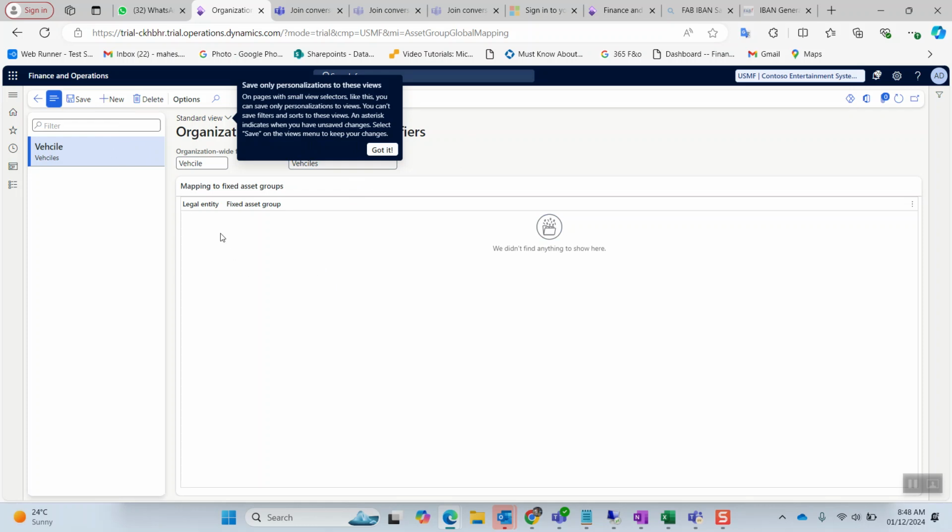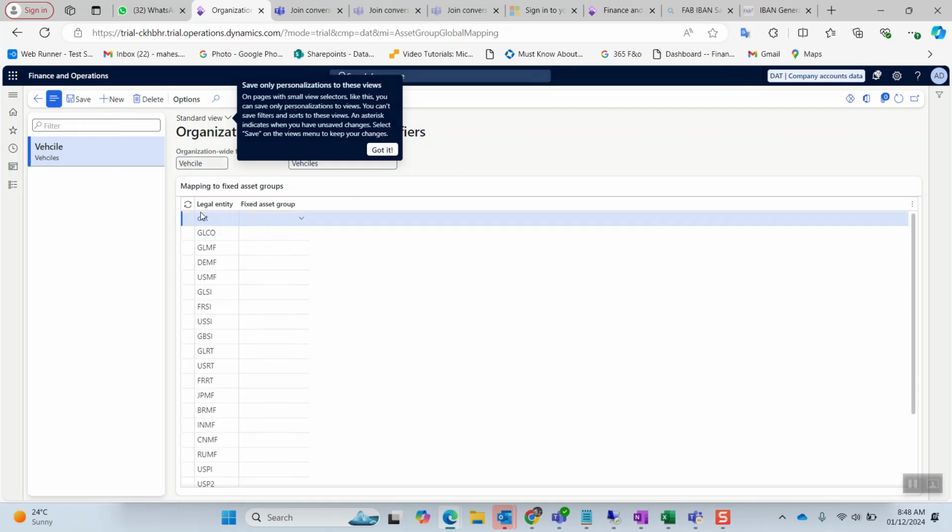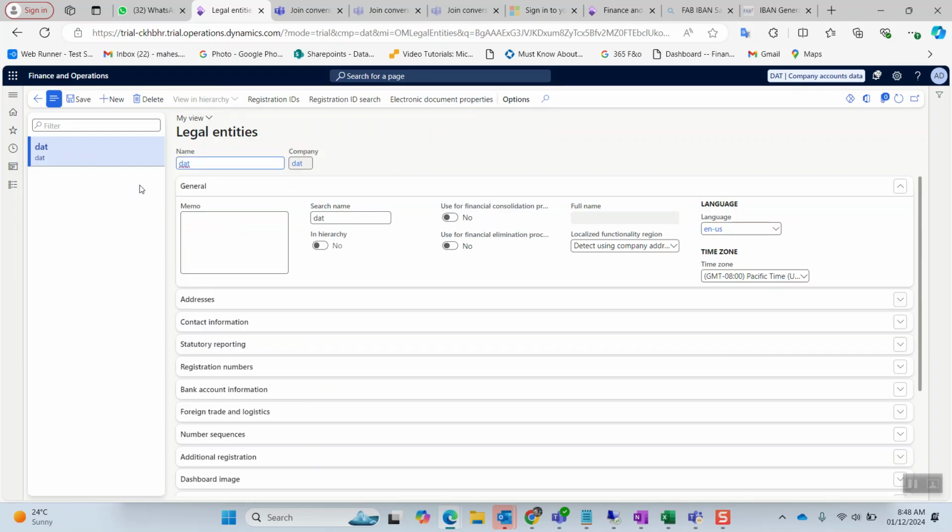Okay, so here, when I clicked on save, you can see all the legal entities have been applied. So for this vehicle, I have a specified group in the respective legal entities, which I need to map to that particular group. So what I will do,